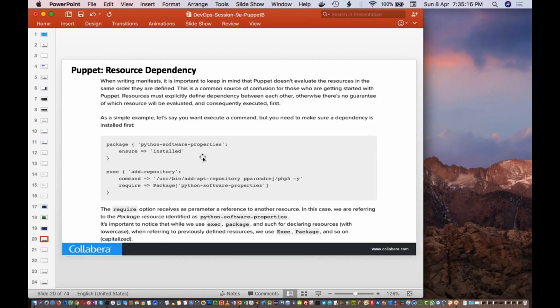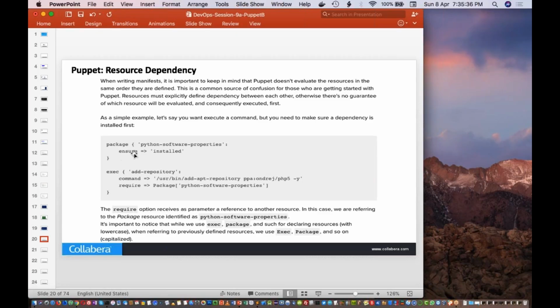It is not guaranteed that the execution of resources will be in the order that you write. So if you want to specify an order for the resource execution, then you will have to use resource dependency.